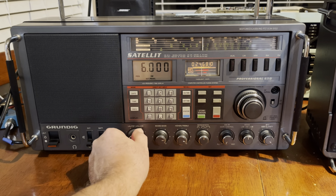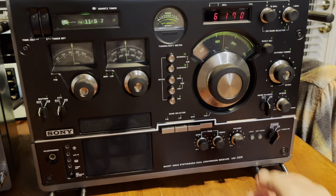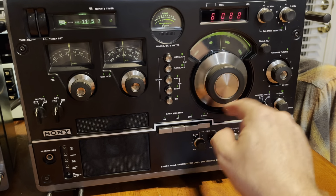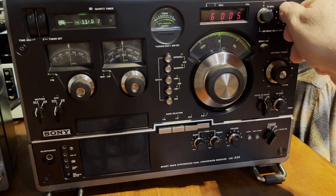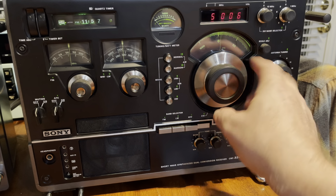All right, let's quickly dial that same stretch from 5.8 to 6.0 on the Sony. Oh, I got to change my. That's another thing with the Sony, because you saw how that thing works. But yeah, so